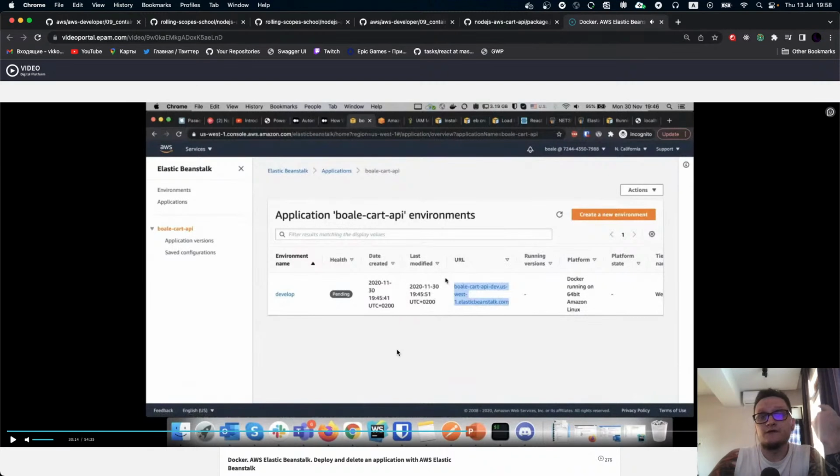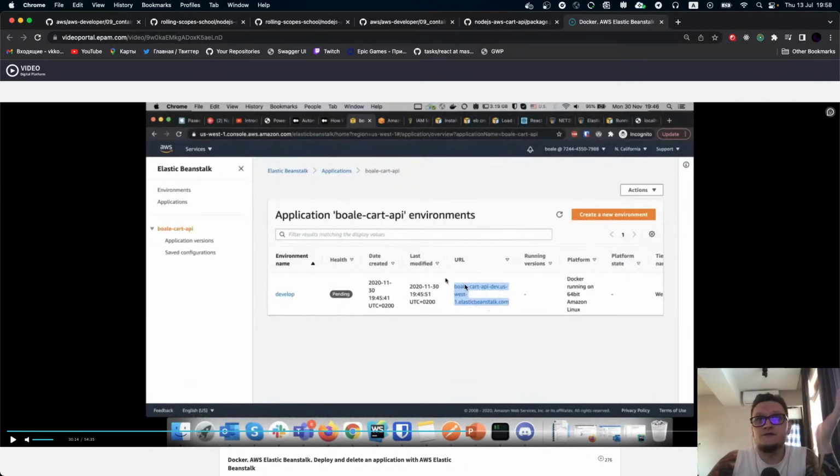Also, after we ran the create, as you can see, our application tab is a bit different right now because we have pending health. It means that right now Elastic Beanstalk is doing its job. It creates your Docker container, then builds the application, and pulls it inside your Elastic Beanstalk service.